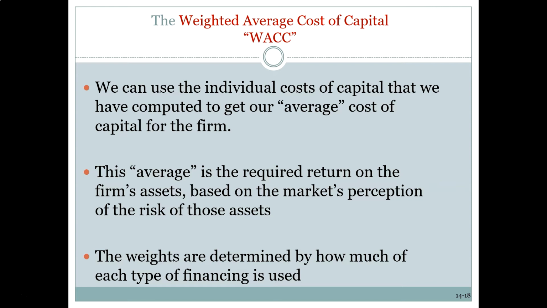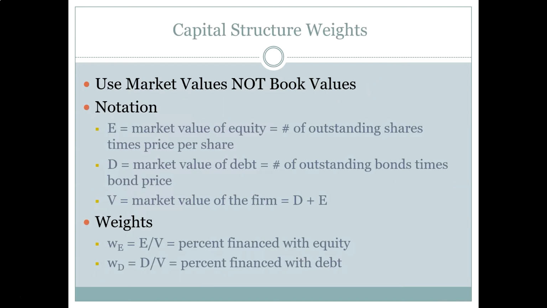Okay, so to calculate WACC, we're going to need to estimate the weights, the capital structure weights. And the main thing here is that we make sure to use market values and not book values. And the way that we calculate market values for each source of financing is by multiplying the number of outstanding securities by the price per security. So for equity, that means we find the number of total outstanding shares. And outstanding means publicly owned, other than the company. So we just are counting all of the shares that are publicly owned by other investors. And then we multiply that by the current market price per share, which we just observe in the market.